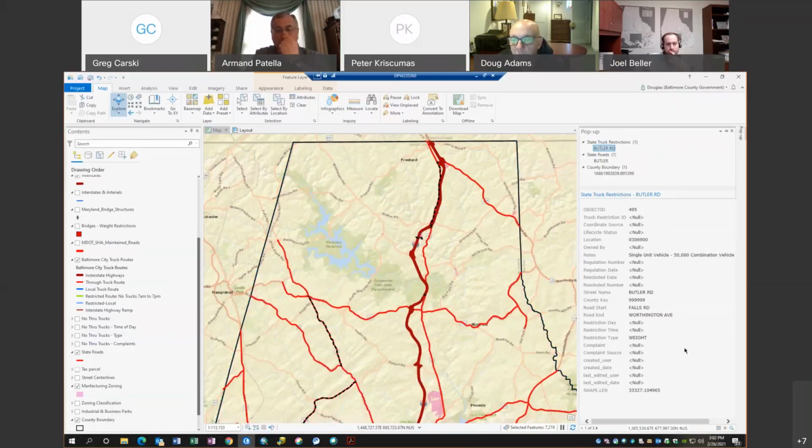But those in theory are already in the state system and should be well marked. Once again, I mapped from major intersection to major intersection because there's no other way really for them to get through there. So it's not just a point on the map where the bridge is, it's an actual A to B type of thing.